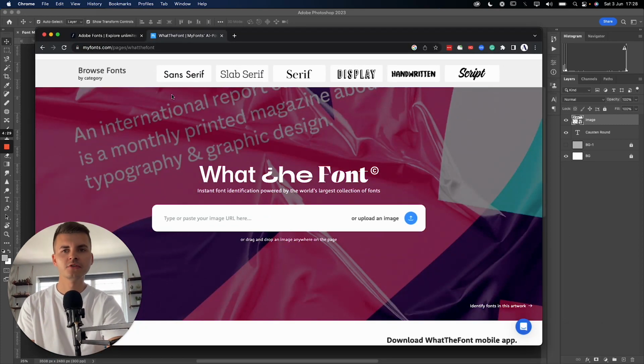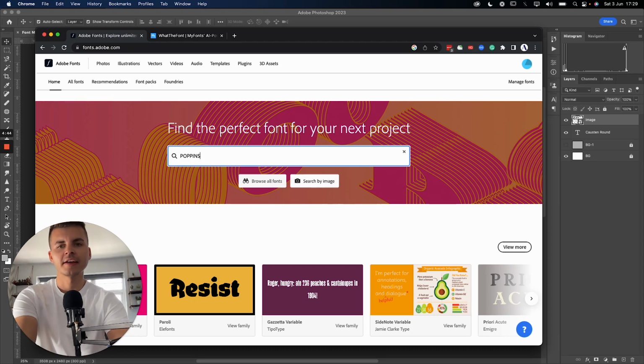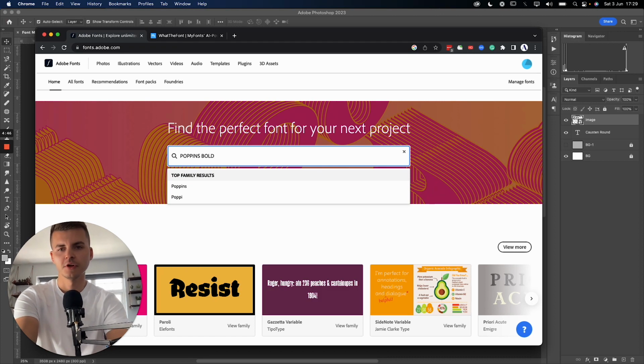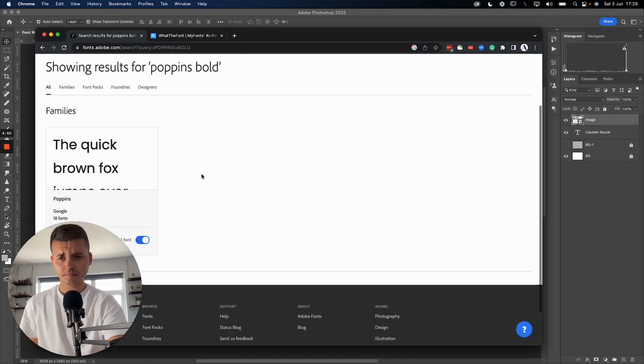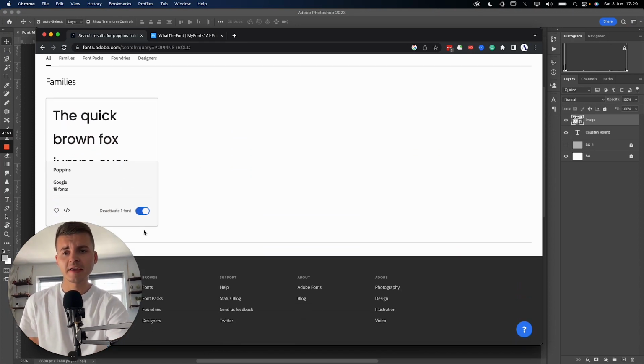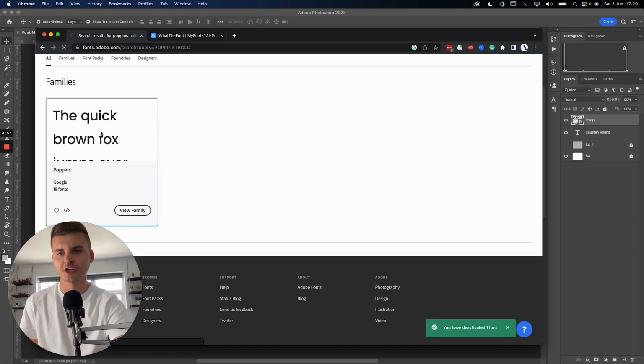Now we can go to Adobe Fonts, so fonts.adobe.com. Make sure you're signed into your Adobe account, which correlates to the account which you're working with on your computer. Once you have done that, you'll simply search the name of the font which was initially displayed on the Photoshop dialog. And as we can see, I already have this one installed, but just for the purpose of this demonstration,